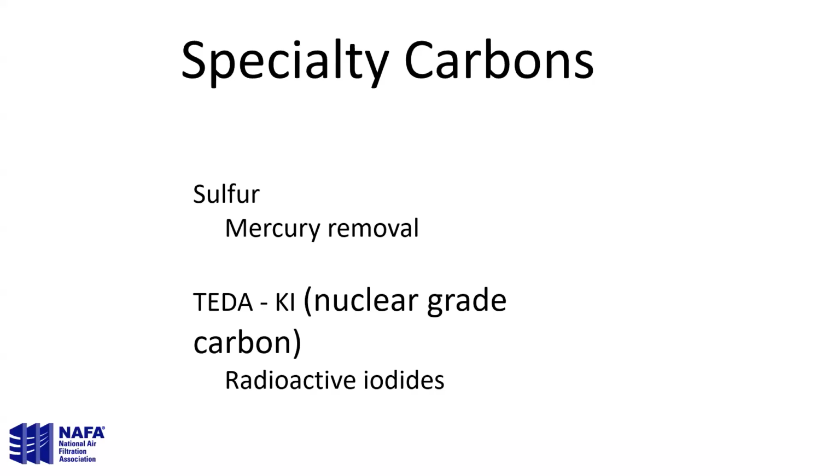And then we have nuclear grade carbons, and that is exactly as you imagine. It's for nuclear plants. And those are specialty impregnated carbons. Maybe some that you won't use, but should a facility trying to destroy lights come to you, you can tell them, no, you can't do that because that's regulated, and mercury is heavily regulated. And on the next slide,